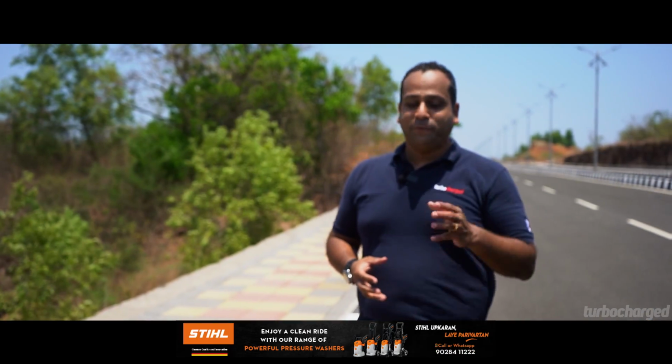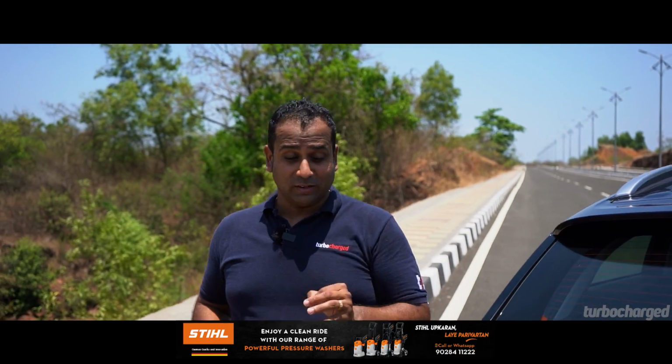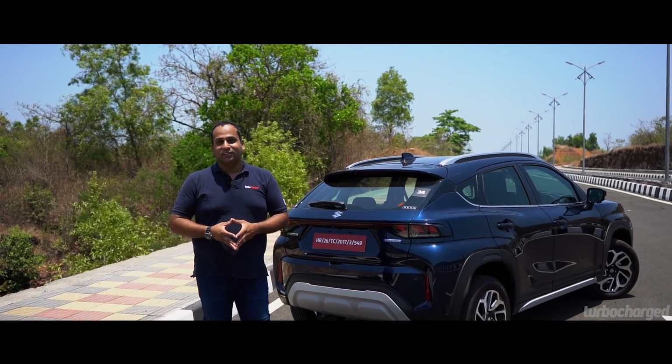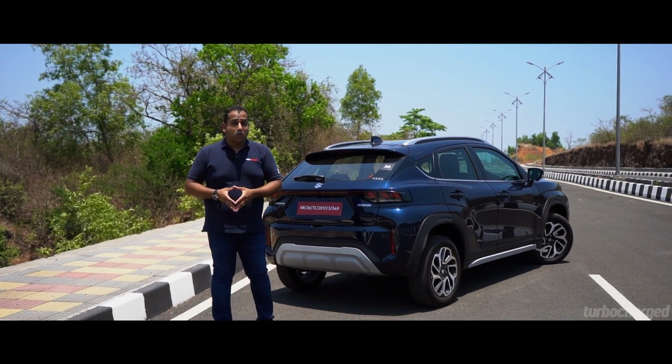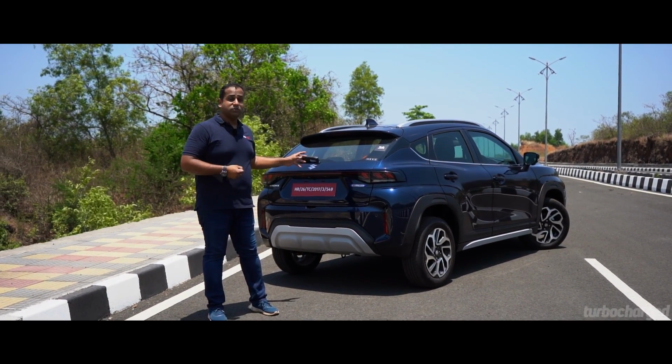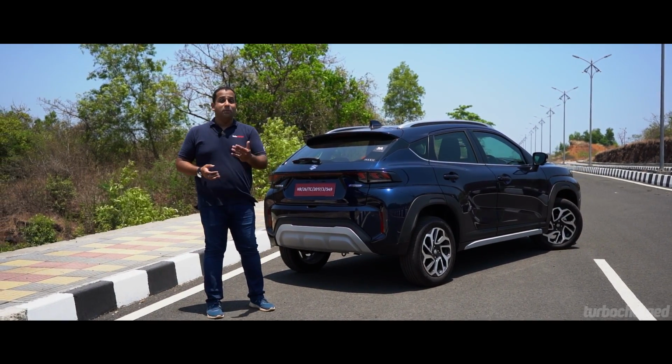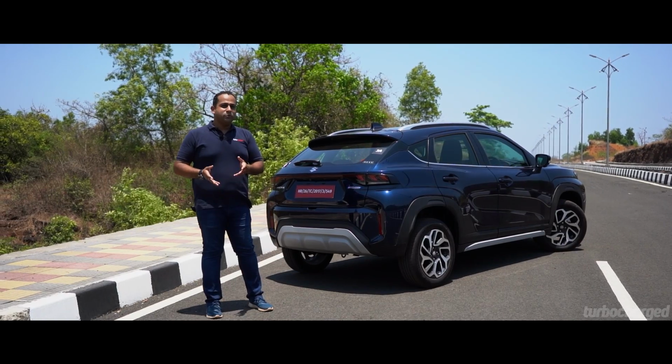So the Fronx is a very interesting addition to the sub-4 meter SUV and crossover club, where it will primarily face off against names like the Renault Kiger and the Nissan Magnite. Maruti Suzuki has been on the ball in terms of its product strategies, and the Fronx, in my opinion, is yet another step in that direction because it looks good, brings back the BoosterJet engine, and of course rides and